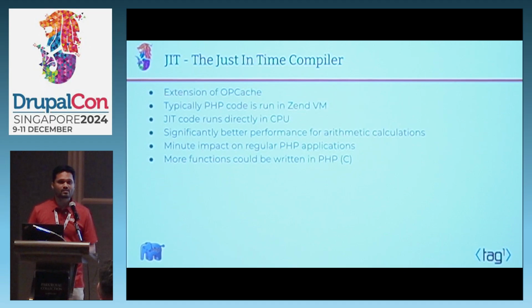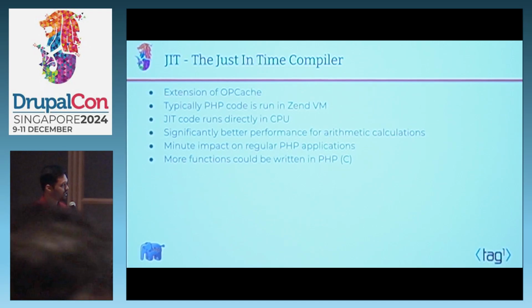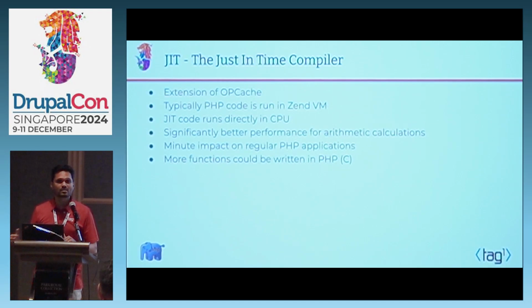What opcache does is, once a code is compiled into machine code, it stores it in a cache. So next time the same piece of code is running, the conversion of PHP code into machine code does not happen. It gets directly from the opcache. And the just-in-time compiler takes it a step further. So basically, you can see that the typical PHP code runs in a Zend VM, but the just-in-time compiler,